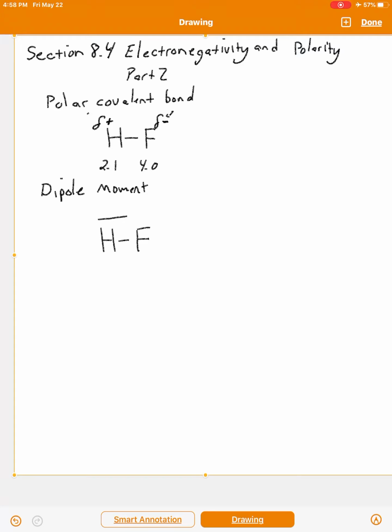Negative on one end, positive on the other end, with an arrow, a vector. And the head of the vector should be pointing in the direction of the atom that's more electronegative. And the tail of the vector should be pointing in the direction of the atom that's